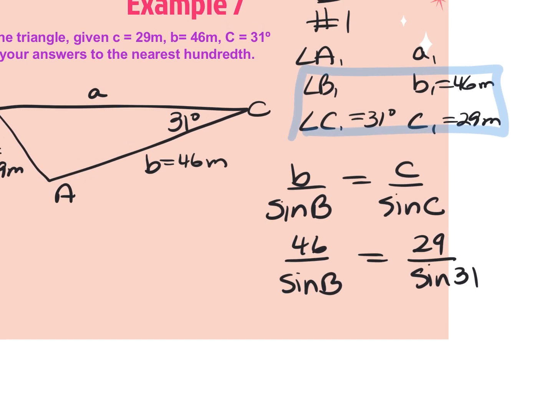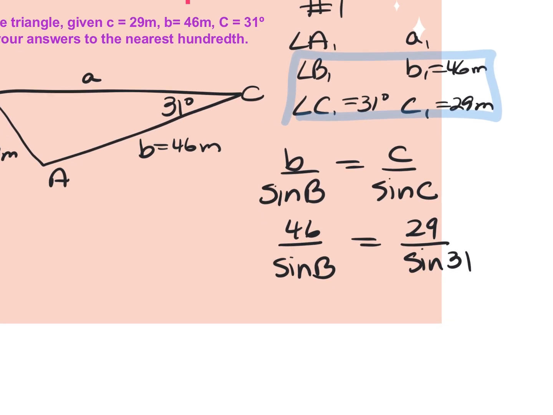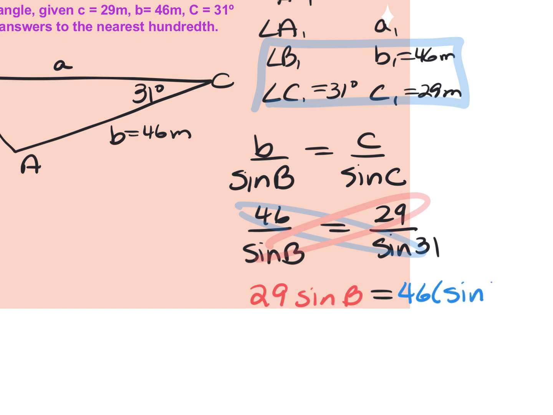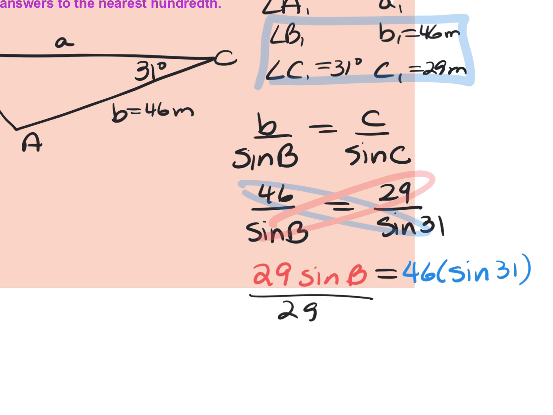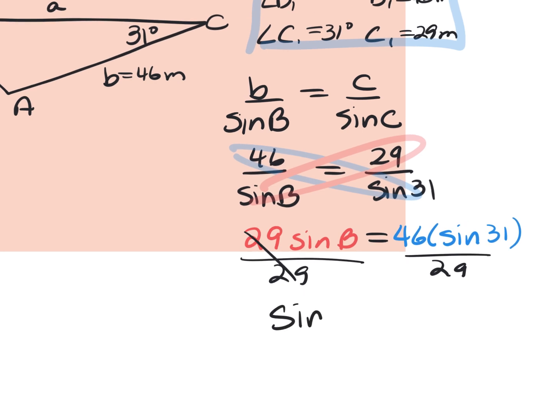So I'm going to go ahead and cross multiply. I'm going to multiply this and this. So 29 times the sine of b is equal to 46 times the sine of 31. I'm going to divide both sides by 29 so I can isolate sine b. So sine b is equal to, after I do 46 times the sine of 31 divided by 29,